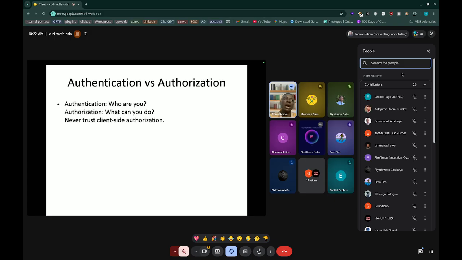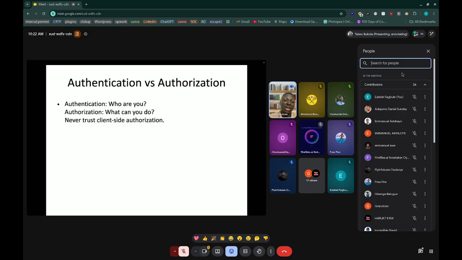Does this person have the right to call me in the first place? So today you can open any application, right? Even, let's say, WhatsApp. When you are creating a WhatsApp profile, the first thing they ask you is to provide your email and phone number, or you sign in using your phone number.